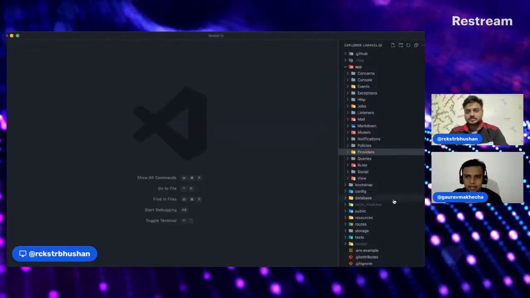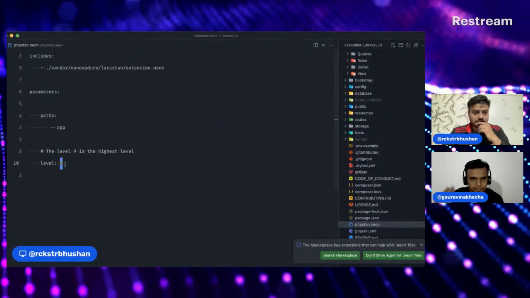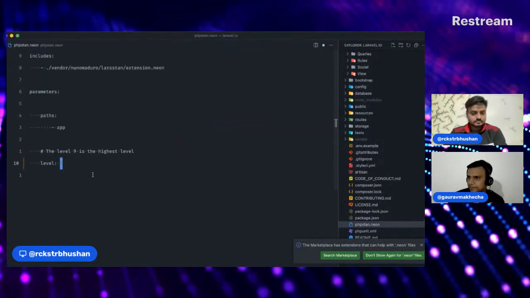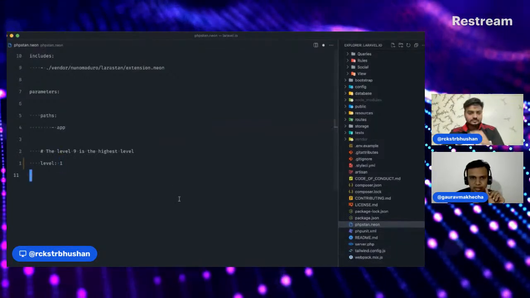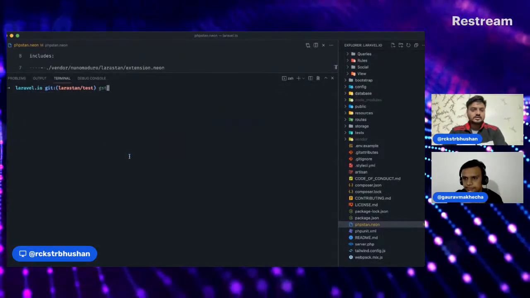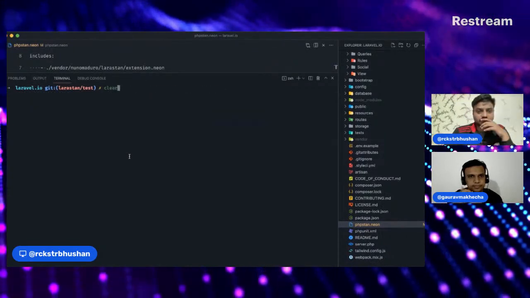Okay. And now go to the PHPStan neon file again and increase the level to 1. Level to 5 directly? No, set it to 1. We'll go step by step. Okay. So here it is. Now I have set it to 1, and then I have saved the file. Okay. And then we run that command again.